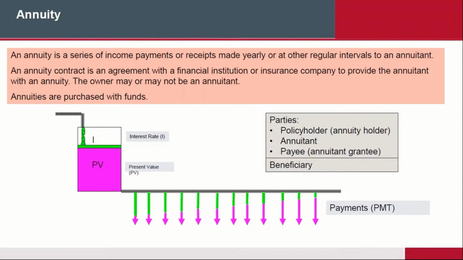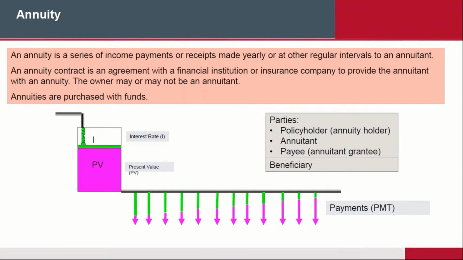Now what you want to do is invest that with an insurance company to be able to get a regular interval of payments. In other words, here's my $500,000, and I would like you, bank or insurance company, to pay me an income for the rest of my life, or 20 years, whatever that period happens to be. An annuity is a system whereby very large sums of money are deposited with a financial institution. In turn, the financial institution gives you a paycheck every month, let's say, for the rest of your life, 20 years, 5 years, whatever, okay?